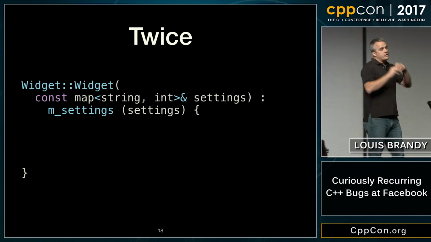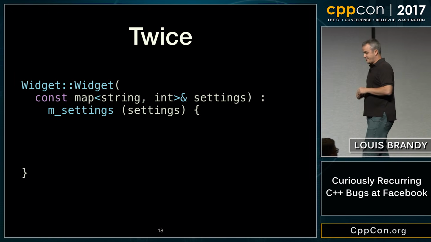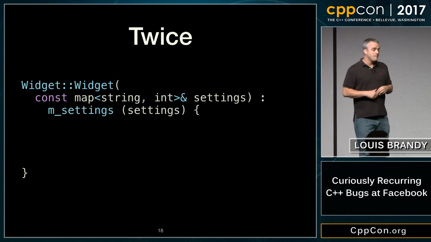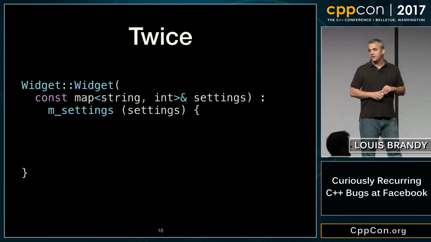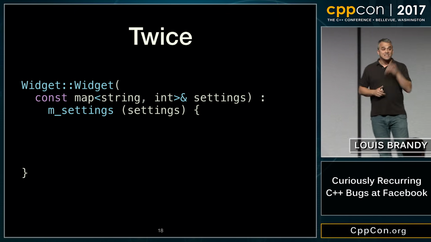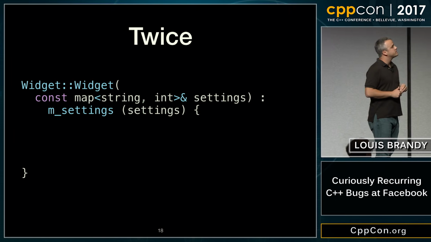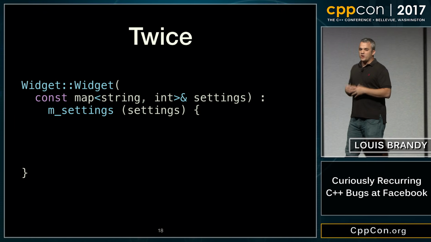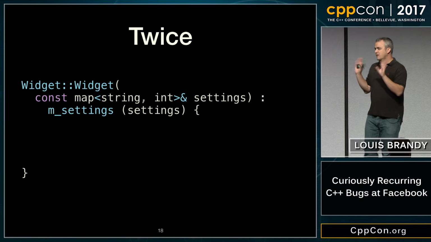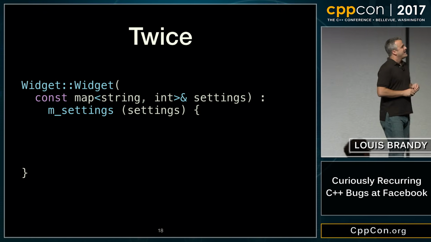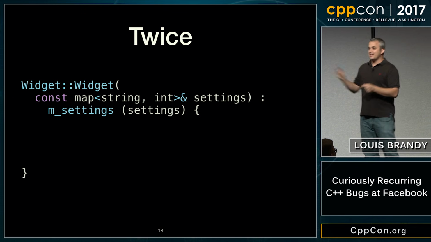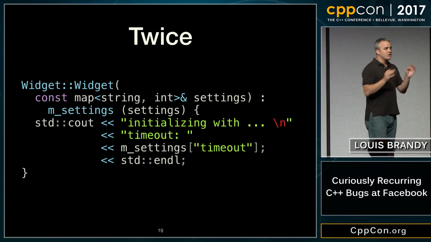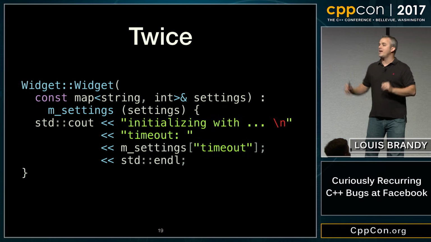Now, of course, only newbies fall for this mistake, right? Of course. Twice, as far as I know, major site incidents have occurred in exactly this pattern. Very experienced C++ teams had a widget. In this case, it was like a service handler. Its constructor took a map of settings, which is already gross, right? And they assign the data member settings to the settings that gets passed in, and then they print their settings. Server initialized with timeout, whatever.